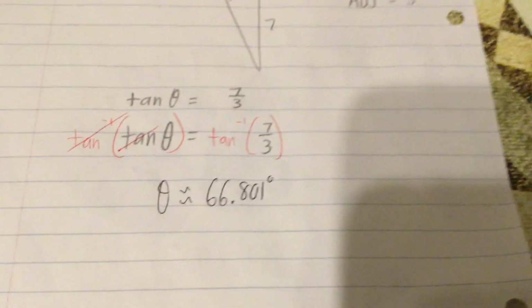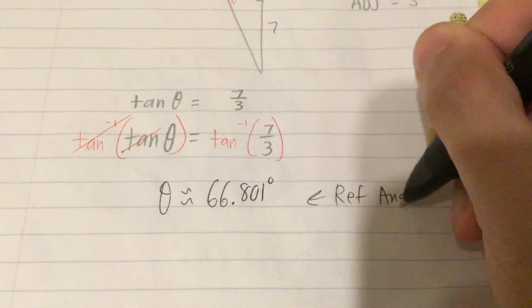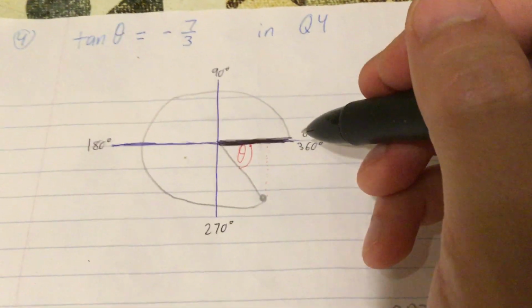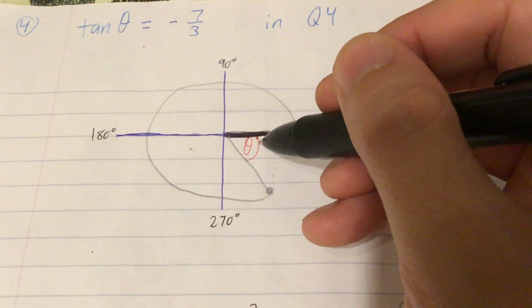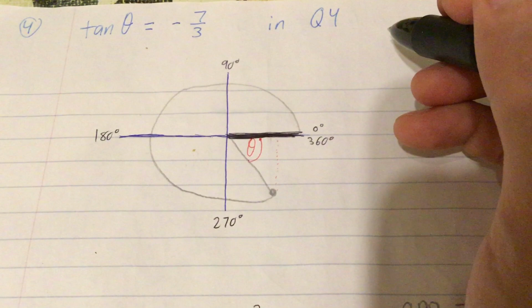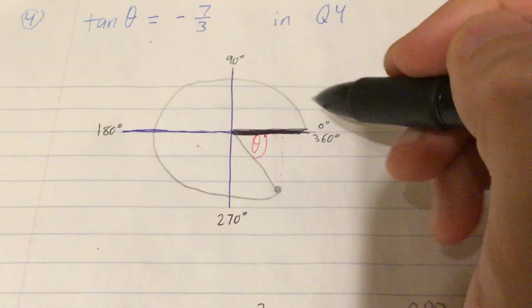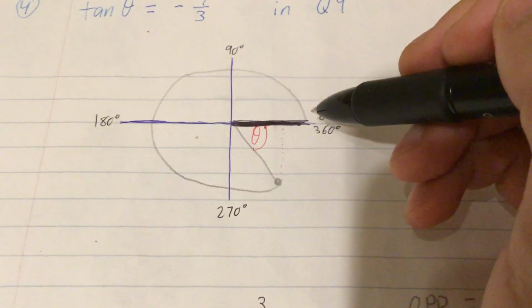Okay, but remember, that's only my reference angle. I want to solve for the entire arc. Well, remember it's in quadrant 4. So what information can I use if I know the reference angle and I want to solve for the gray arc? Well, consider that the arc plus the reference angle equals 360. Well, if I just take away the reference angle from 360, I should be able to solve for the gray arc. So therefore, the quadrant 4 angle